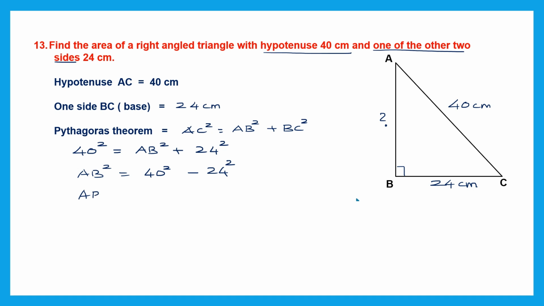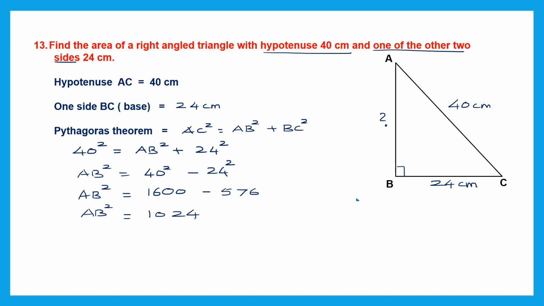So AB square is equal to 40 square, which is 1600, minus 24 square. 24 into 24 is 576. So AB square is equal to 1600 minus 576,